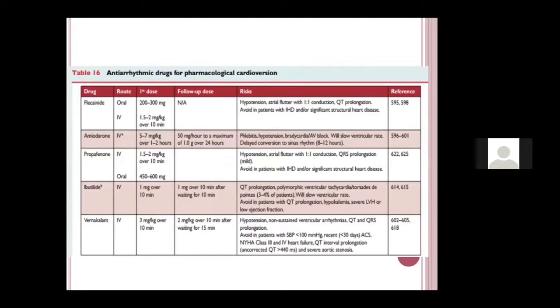And in all those cases, if there is no structural heart disease, you can try to give a pill in the pocket. So a pill in the pocket is we can use either flecainide or propafenone. Propafenone is one thing which we do not use more commonly. The dose is 450 to 600 milligram. We more commonly use flecainide.